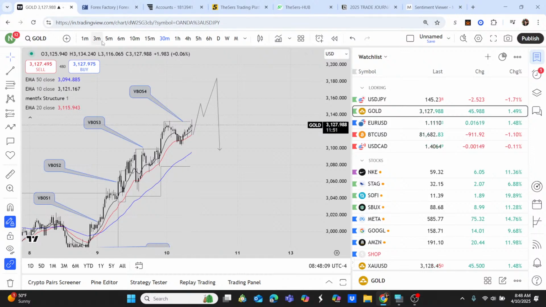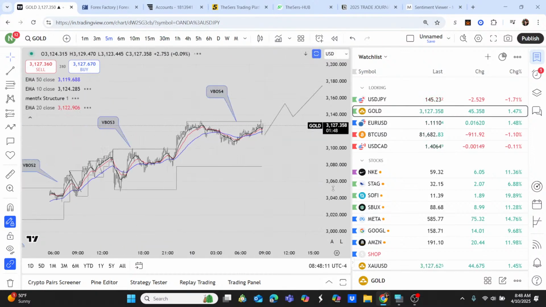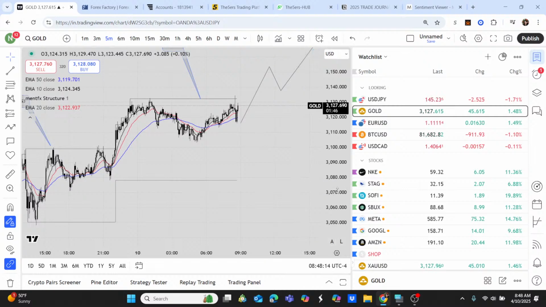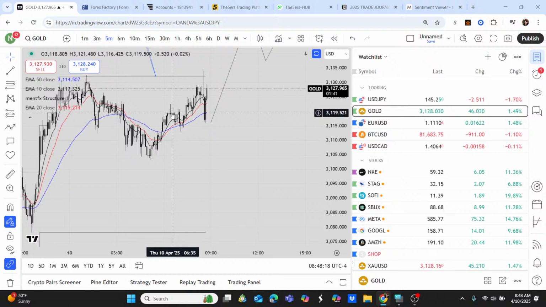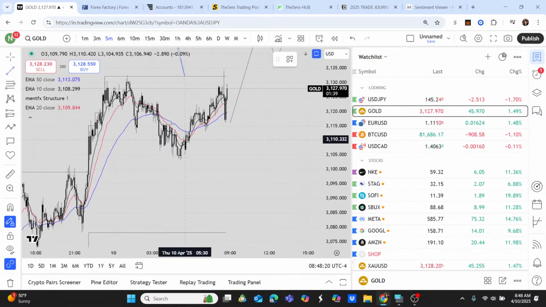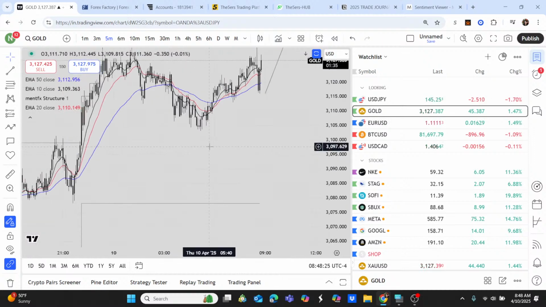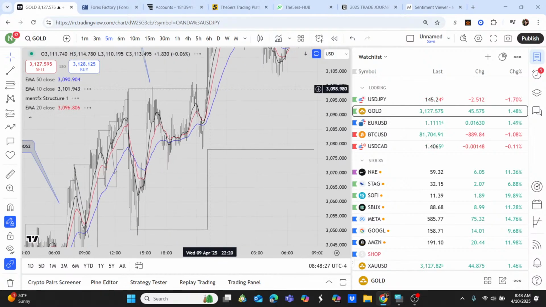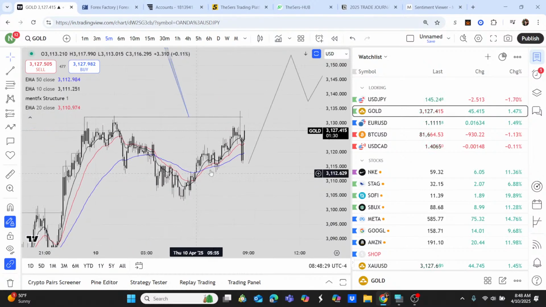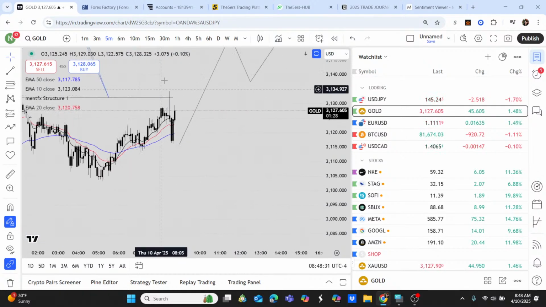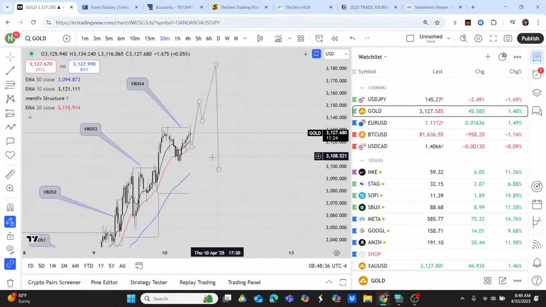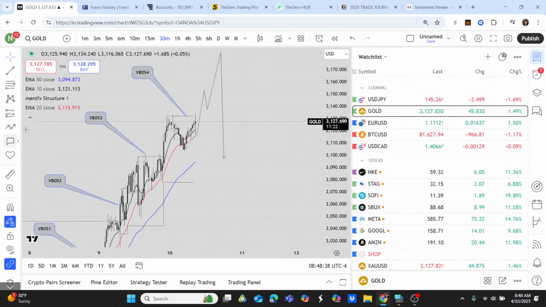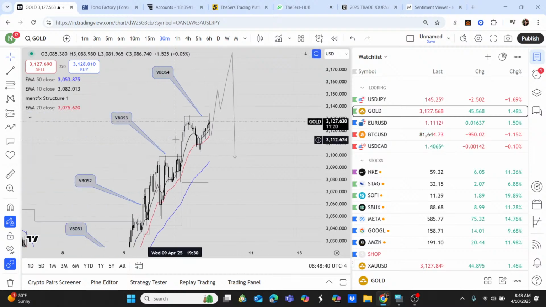And during this area, like it's all the way up here, and even if it reflushed back into the same area, I don't like how this area is a long range and we're consolidating like this. It doesn't look clean to me. It's a long range, it's consolidating. Yeah, just don't like how long this range is. So I'm gonna ignore this price action from gold